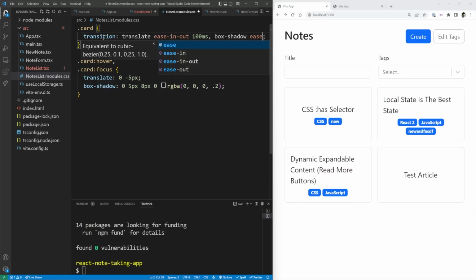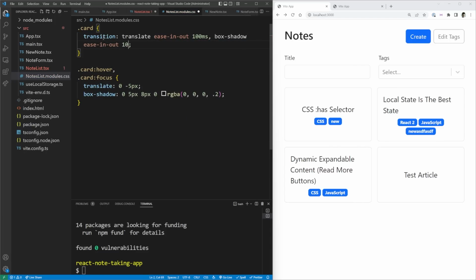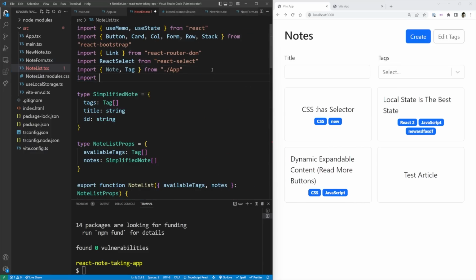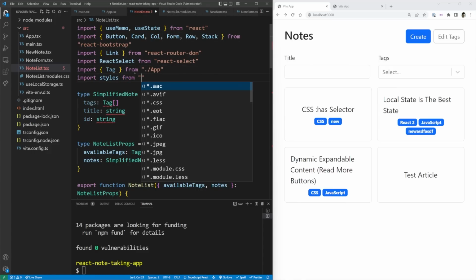We want this to be ease in out over 100 milliseconds. Now, in order to use CSS modules, we need to import them. So at the very top here, we can say that we want to import. We can get rid of this note input since we're not actually using that anymore. We want to import styles from, and this is going to be from